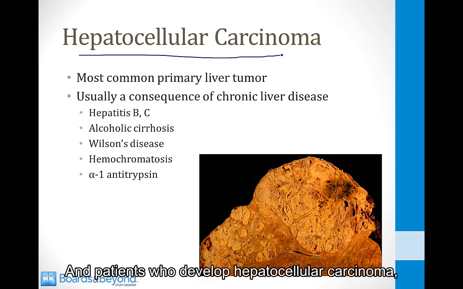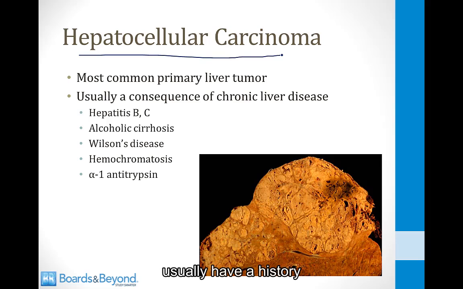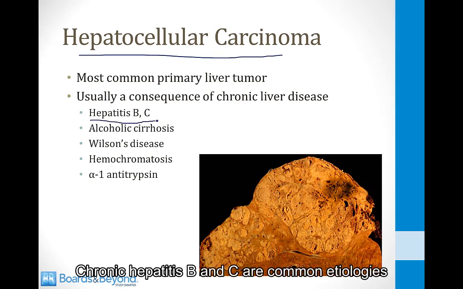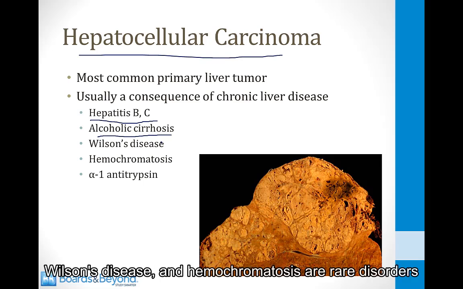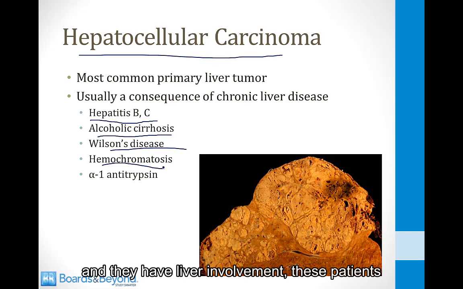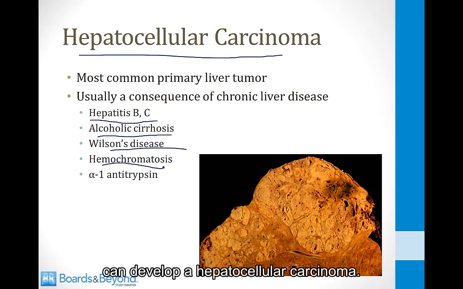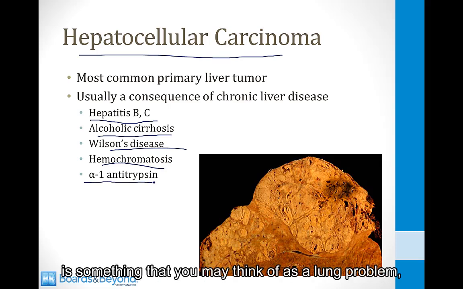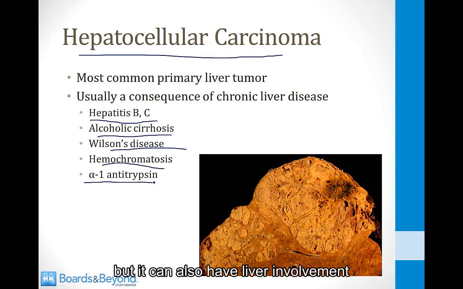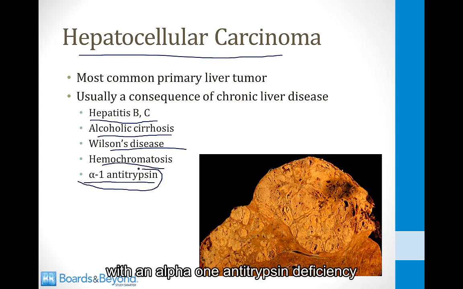And patients who develop hepatocellular carcinoma usually have a history of some type of chronic liver disease. Chronic hepatitis B and C are common etiologies for hepatocellular carcinoma, so is alcoholic cirrhosis. Wilson's disease and hemochromatosis are rare disorders, but when they do occur and they have liver involvement, these patients can develop hepatocellular carcinoma. And then finally, alpha-1 antitrypsin deficiency is something that you may think of as a lung problem, but it can also have liver involvement and lead to cirrhosis. And people who are born with an alpha-1 antitrypsin deficiency and have liver involvement can go on to develop hepatocellular